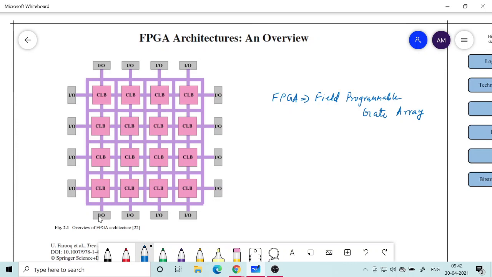FPGA is more versatile or more capable to handle bigger logic systems inside it. You can even carry a processor inside an FPGA. You can make a processor by making an appropriate configuration. So FPGAs these days are very huge, and the number of transistors in them is very large compared to even the best high-end processors which are right now available.